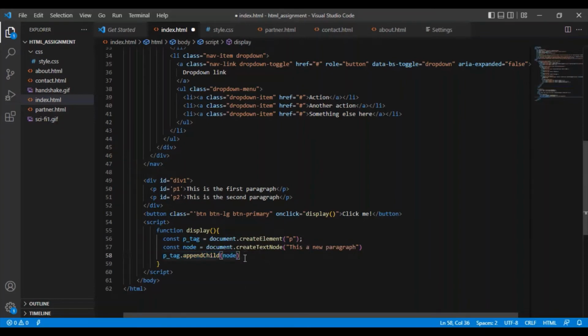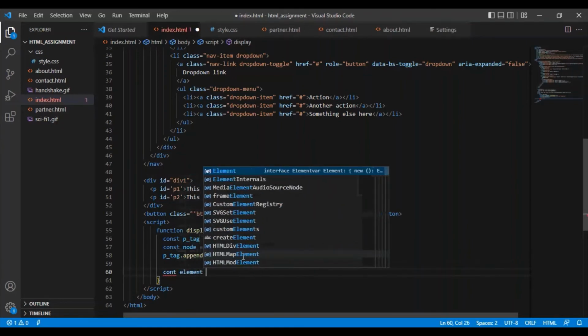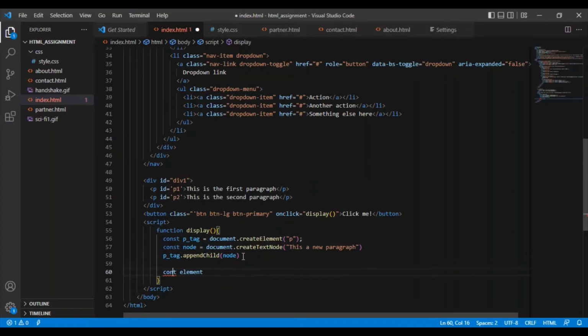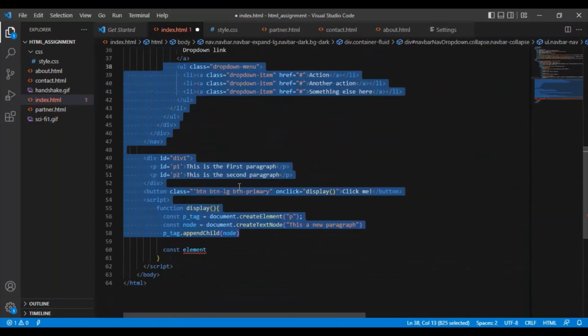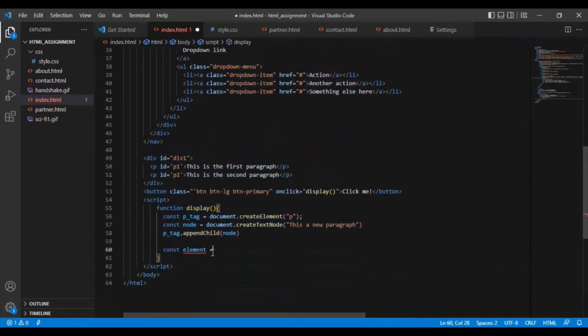So now I have already created my element, I have created the content of the element, and I have joined them together here. Now I want to join everything I have created to one of the tags here so that it will show after that tag. So what I'm going to do is come here and create a variable called element. I want to store the tag I want to join this element I just created to. So const element equal to